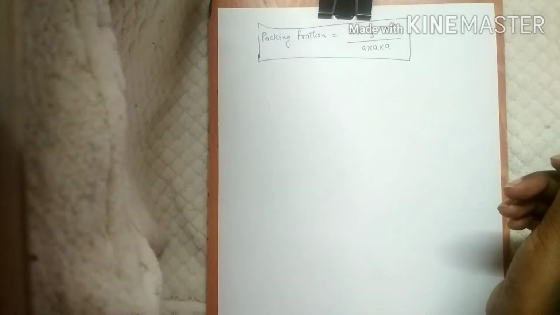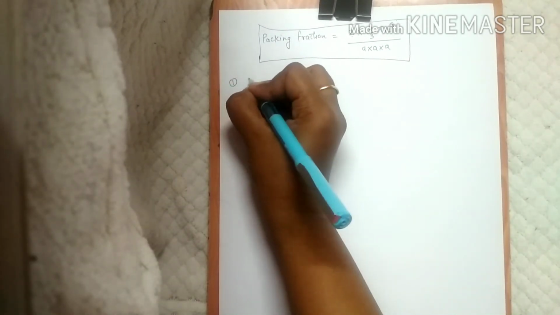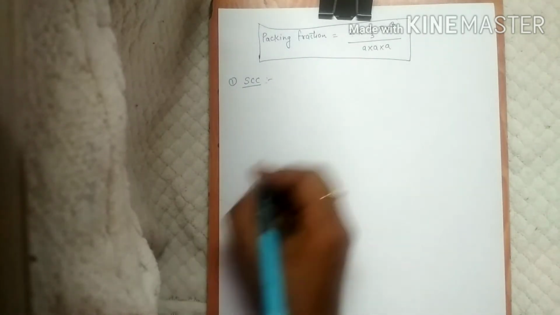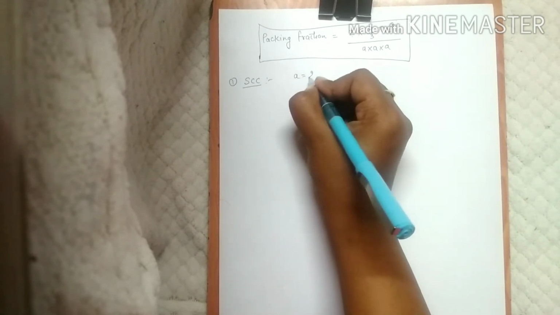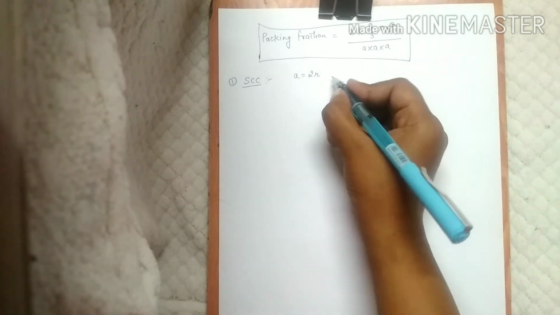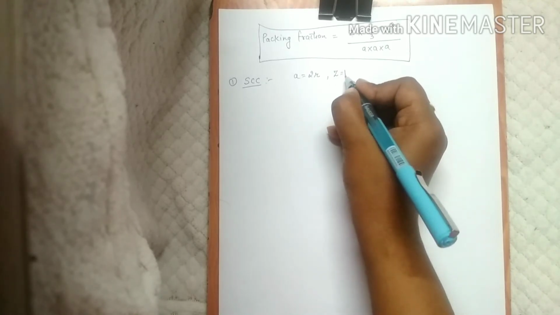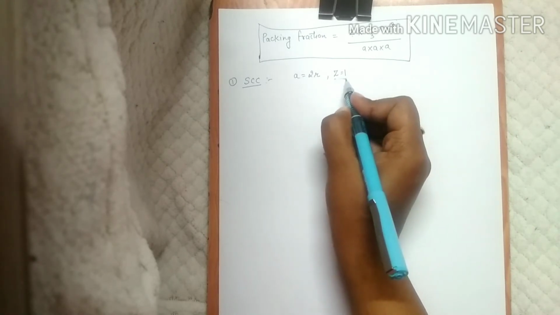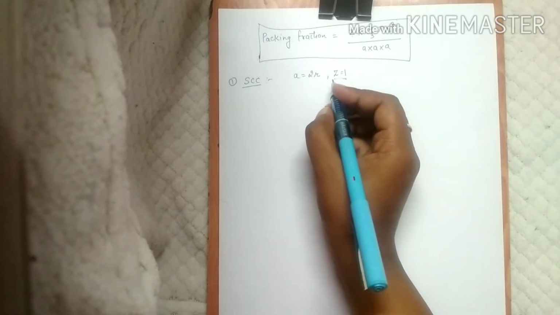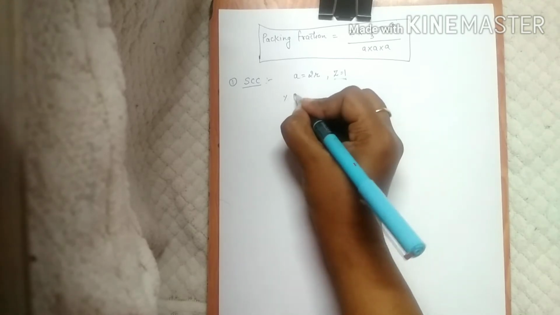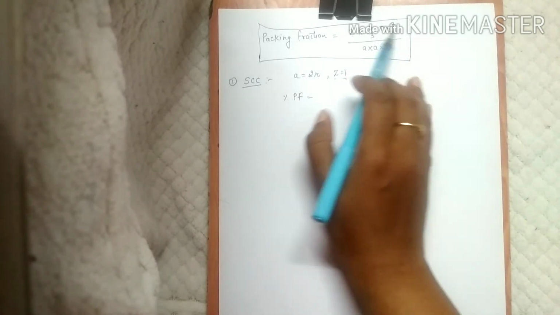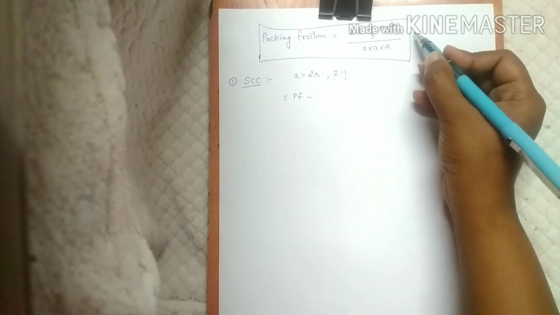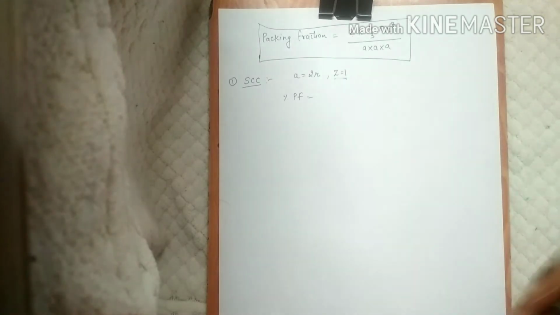Okay. So first we are going to discuss the case of simple cubic unit cell. In case of simple cubic unit cell, we have derived a formula a is equal to 2r. And for simple cubic unit cell, your Z is equal to 1. That also we have calculated, that is number of atoms present per unit cell. So now we want to calculate percentage packing fraction. See, the formula of packing fraction is this, and if we want to calculate percentage packing fraction, then we just have to multiply this one by 100.